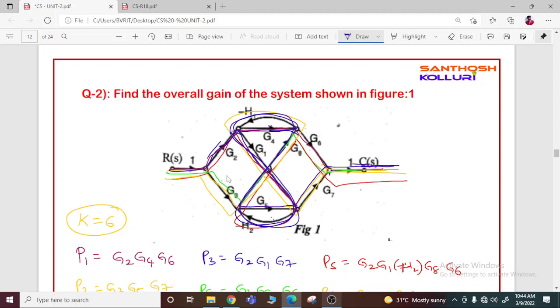So there is no non-touching part of this diagram in this third forward path. Similarly the fourth forward path is also touching all the parts, so there is no non-touching part. So delta 5 is also touching all the parts, delta 6 is also touching all the parts. So only delta 1 and delta 2 have non-touching parts, and the remaining delta 3, delta 4, delta 5 values